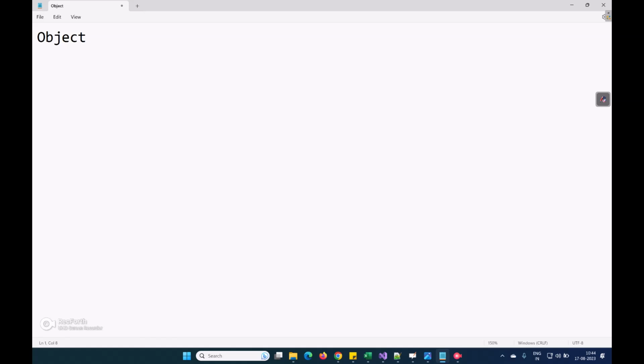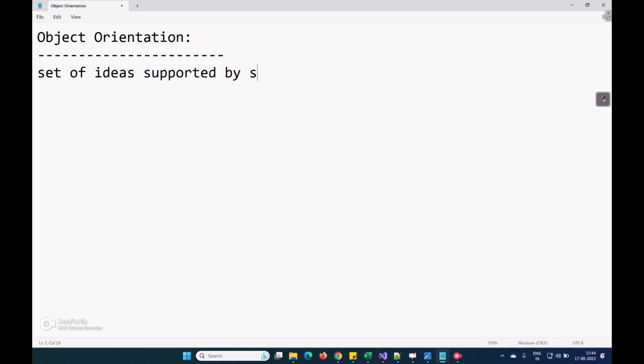Okay, object orientation. Object orientation means what? I am writing. Object orientation means a set of ideas supported by some programming languages.